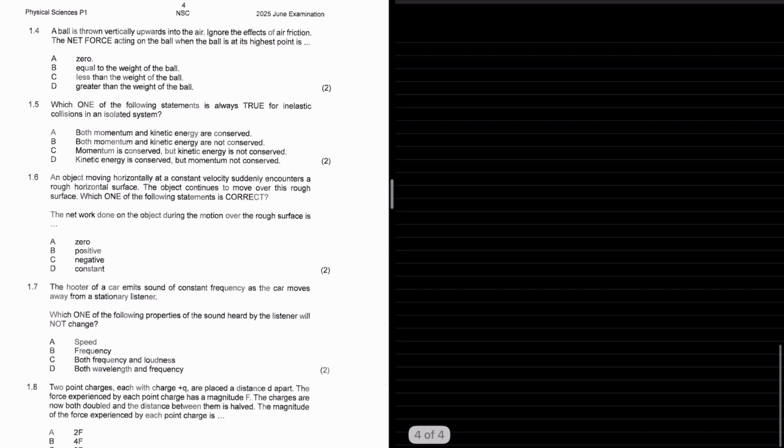Okay, question 1.6. An object moving horizontally at a constant velocity suddenly encounters a rough horizontal surface. The object continues to move over this rough surface. Which one of the following statements is correct? The net work done on the object during the motion over the rough surface is... So when the object is moving over the rough surface,